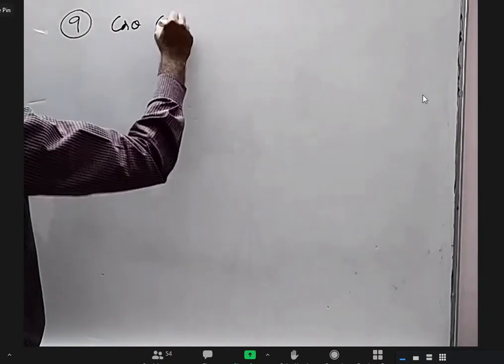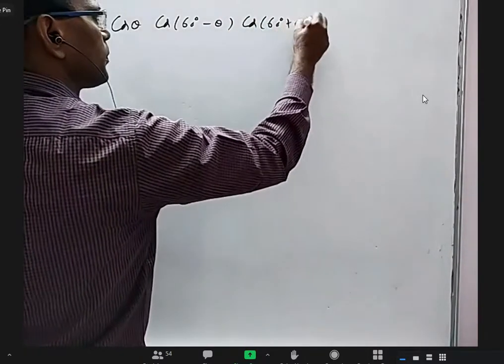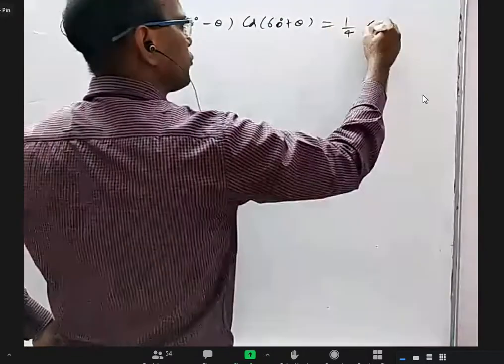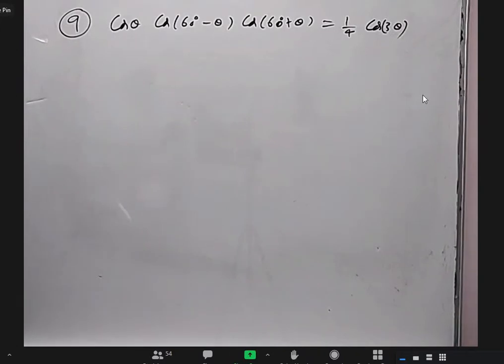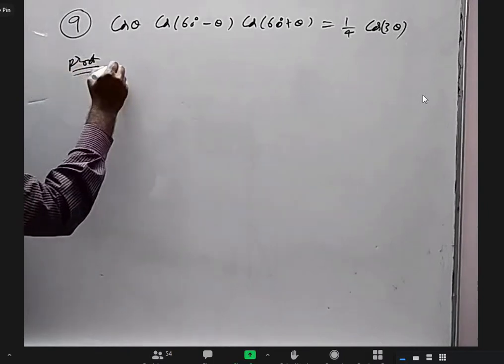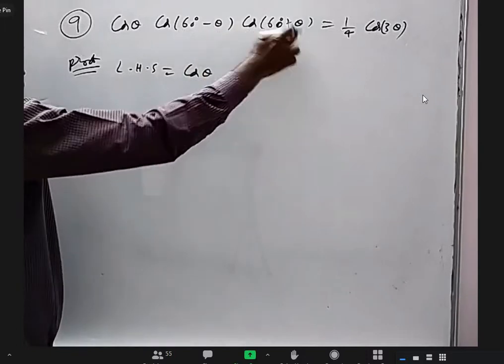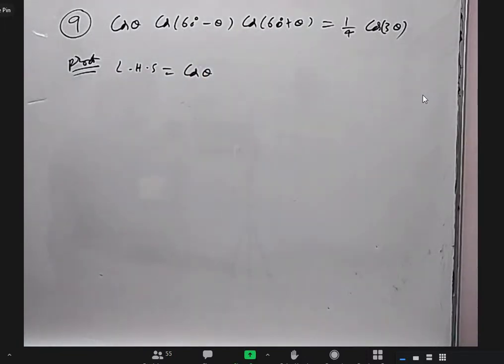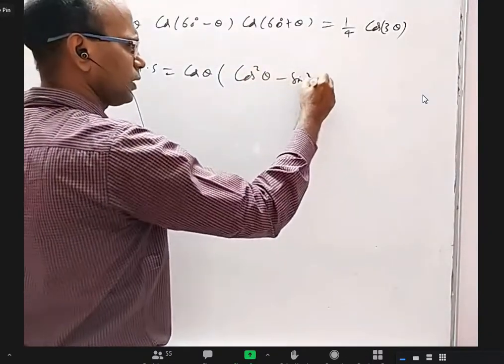cos theta into cos 60 minus theta into cos 60 plus theta is 1 by 4 cos 3 theta. Okay, how will we prove this? Cos A minus B into cos A plus B. What is the formula? Sir, cos square A minus sin square B. Yes, another formula? Cos square B minus sin square A. Yeah, so I'm going to use the second one, cos square B, which is cos square theta minus sin square